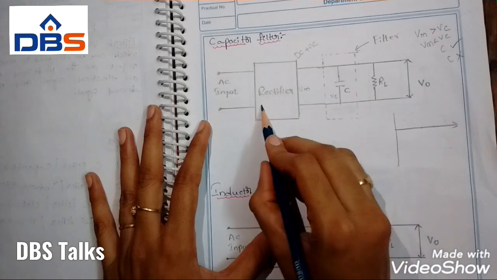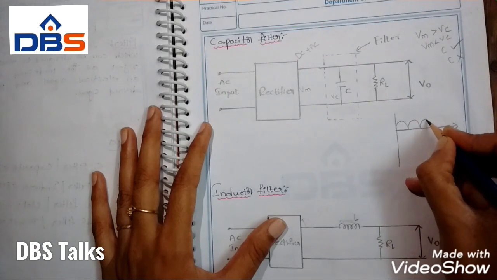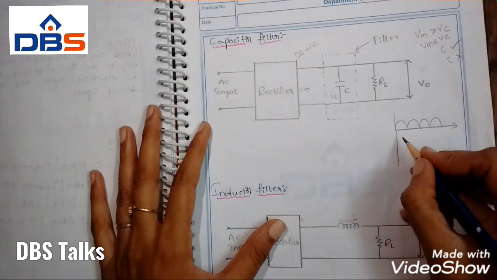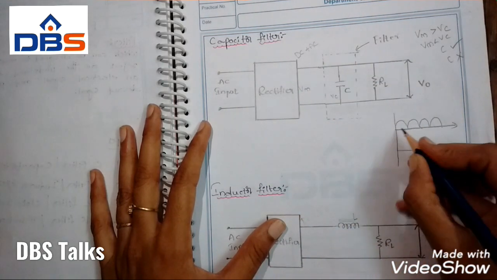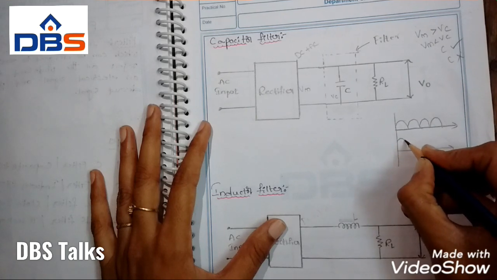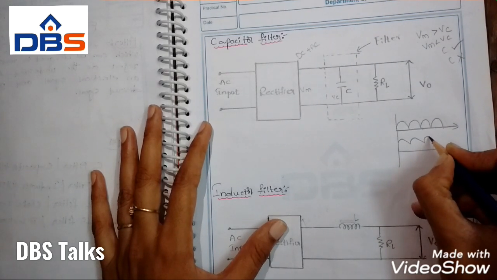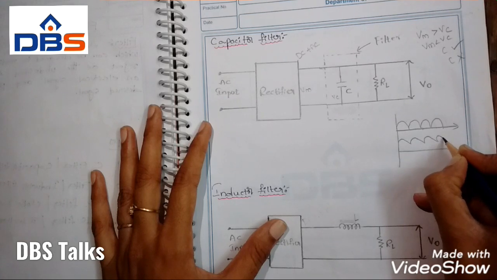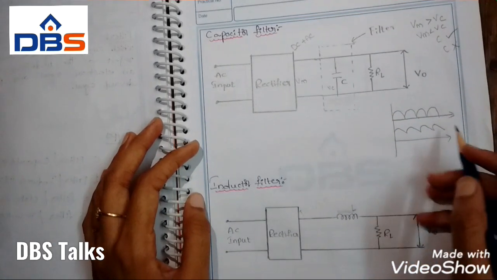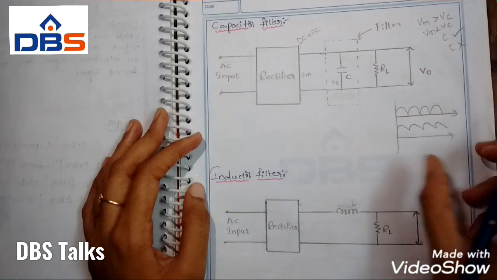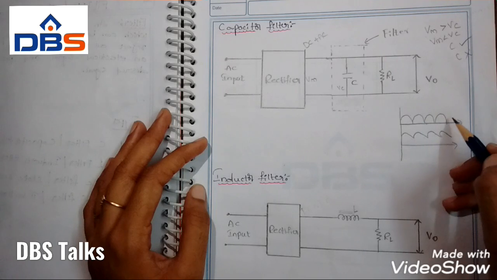So this rectifier may be a half wave rectifier as well as a full wave rectifier. Here I am considering a full wave rectifier. The output of a full wave rectifier is like this. Because of the capacitor, it charges and discharges, then we will get the output like this. Charging, discharging, charging, discharging. This capacitor will charge fast and discharge very slowly. So it is the output of a capacitor filter. We are not getting the pure DC, but we are getting somewhat better compared to this one.